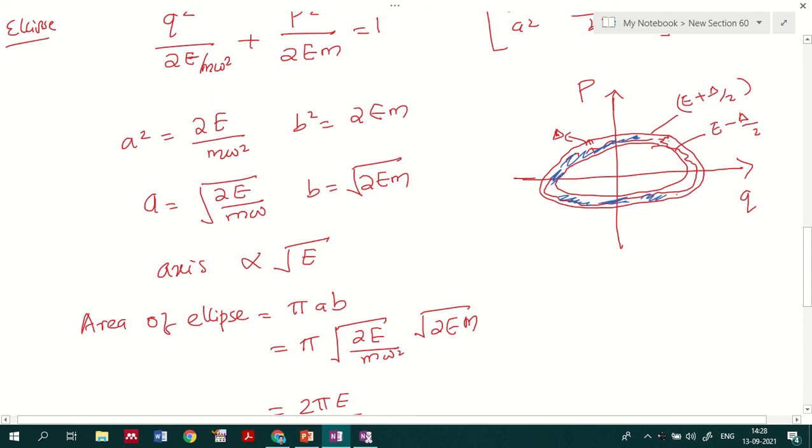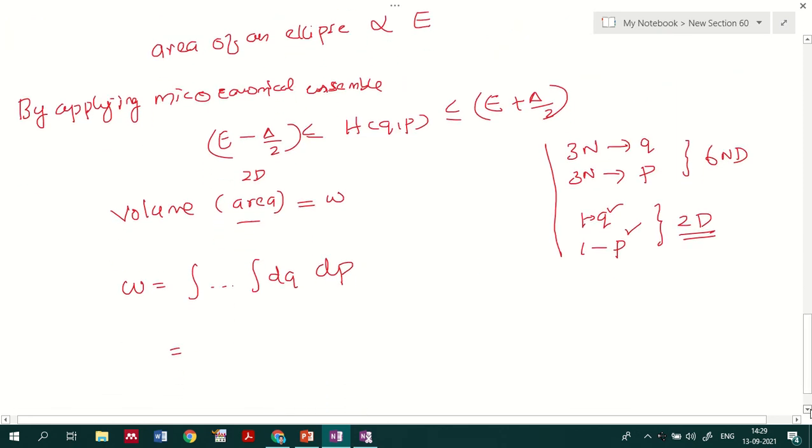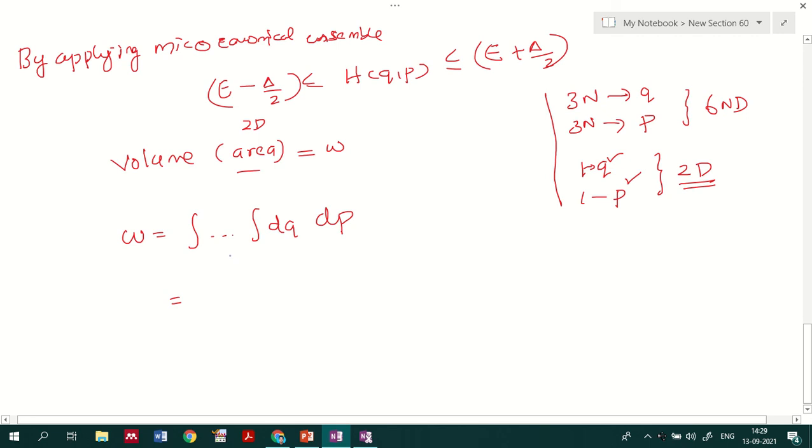So I want to find the area of this specific location, where I shaded with the blue and red marks. In order to get the area of that in terms of energy, I need to take basically the